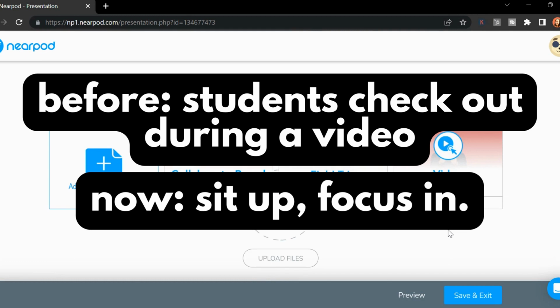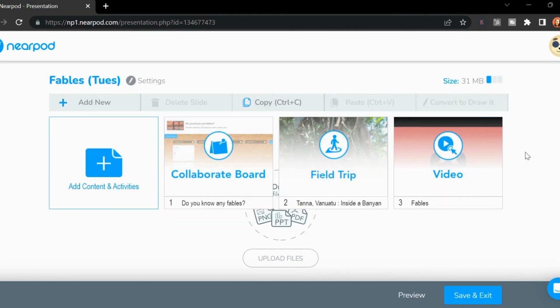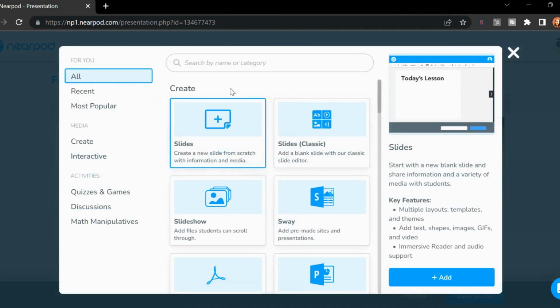They kind of sit up. Normally, we might check out when a video is playing in class, but not in my class, friends. Nearpod makes it so that they are paying attention and they are sitting up ready to answer when those questions pop up. Once we've watched the video, they are ready to get into the story that we're going to read today,